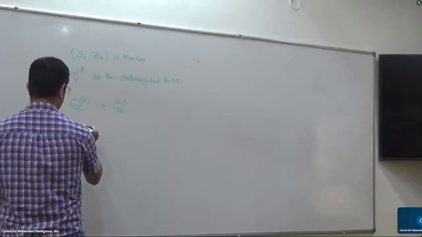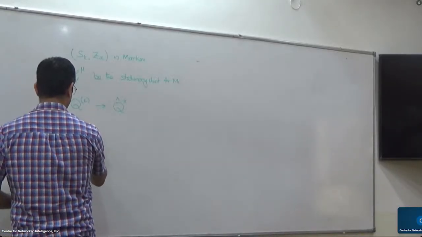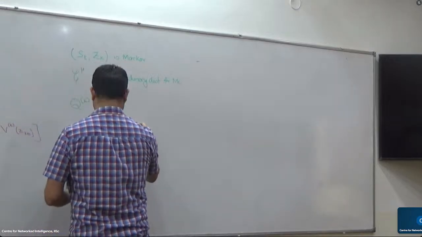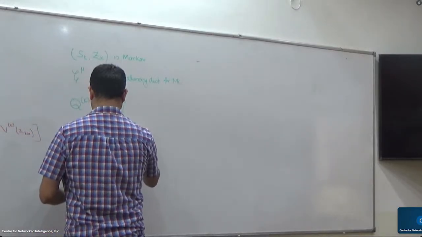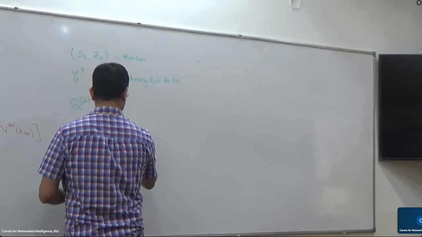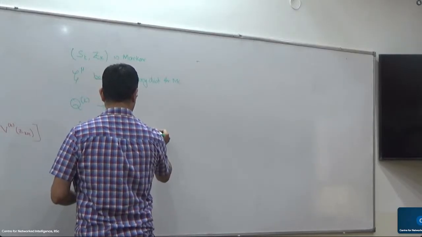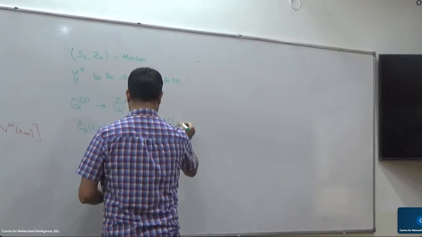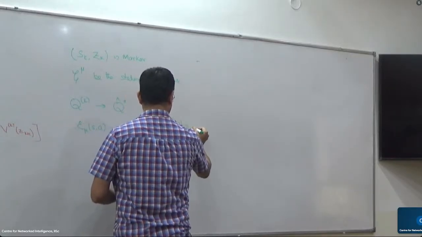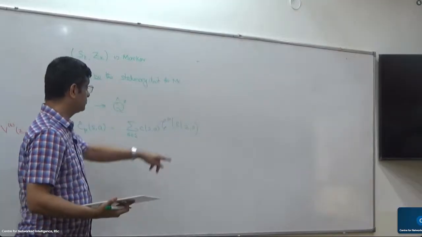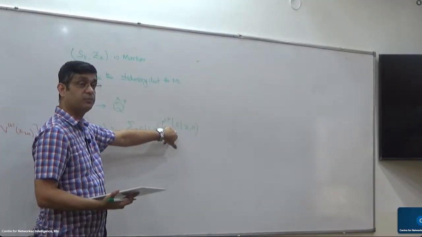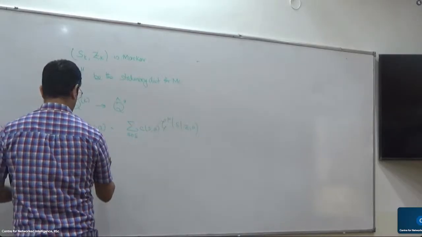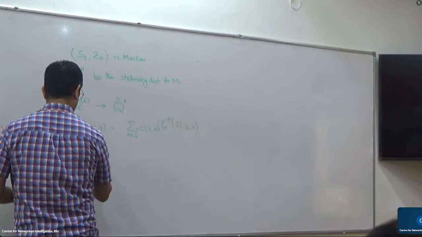I have a C hat mu of SA, which is summation over S. So, from the stationary distribution of my Markov chain, I can compute this marginal distribution, and from this thing I can also compute